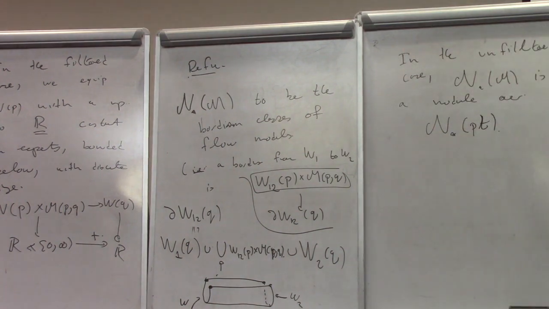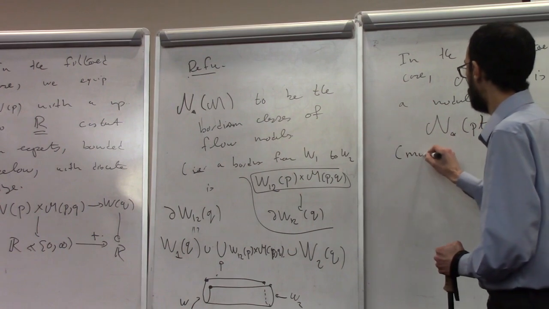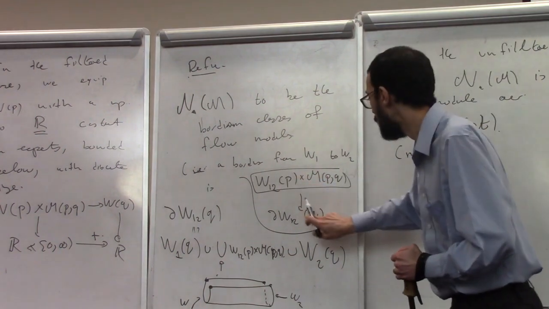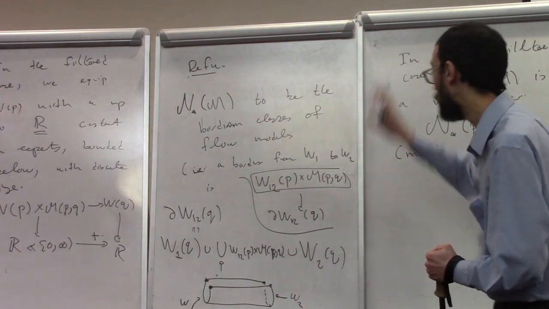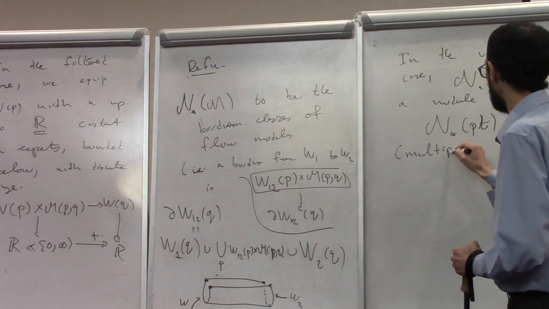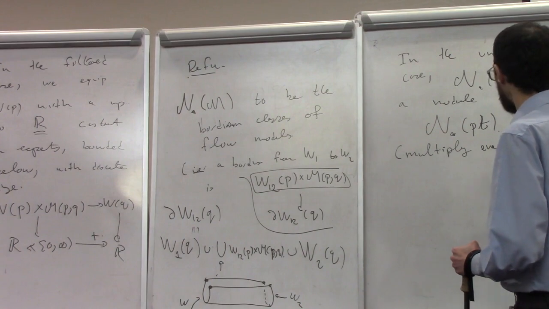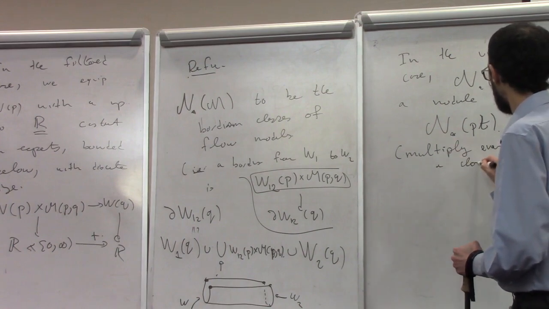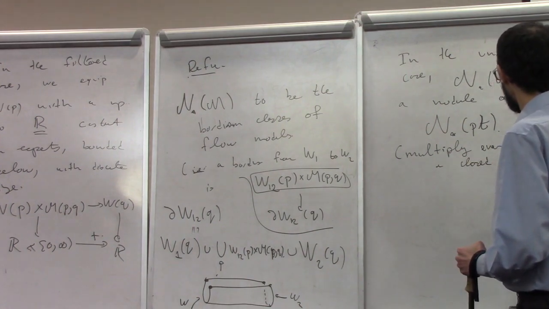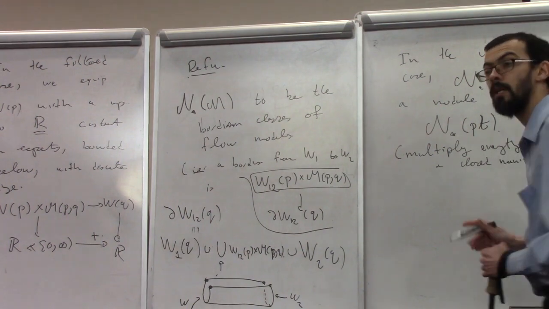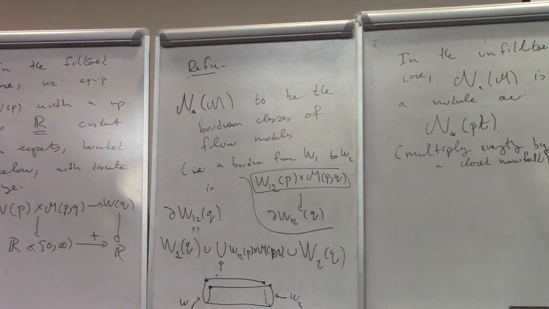And that's just because you can multiply everything in sight with a closed manifold. You multiply P, W1 of P, W2 of P, and the cobordism, everything. The equations do not care. Okay? The way I have set it up,